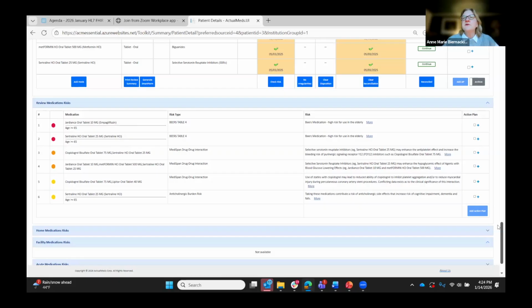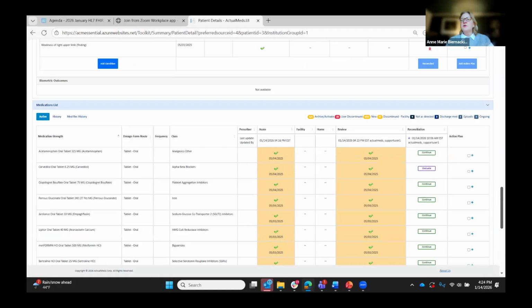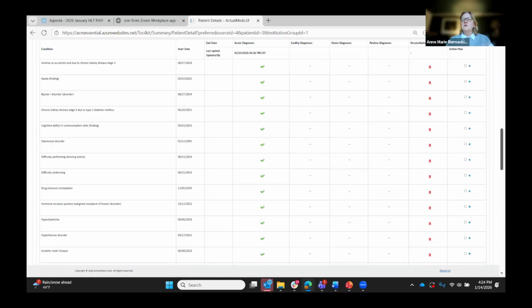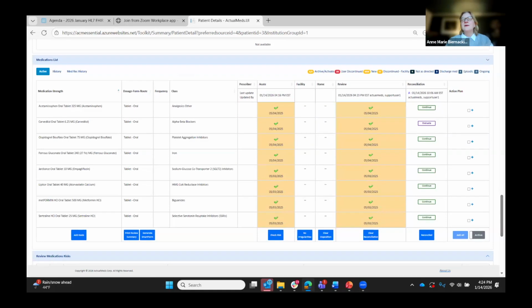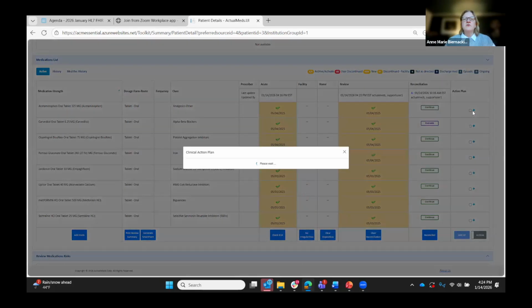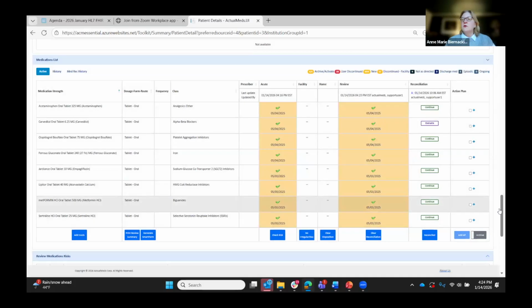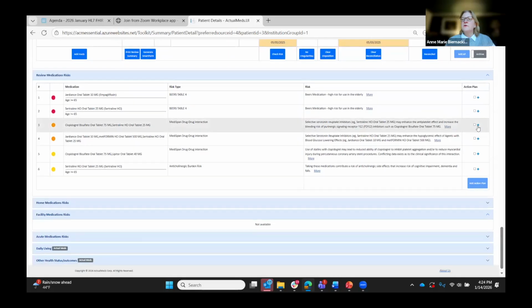For the purposes of today's demonstration, I'm going to cherry pick a couple drug interaction risks and show how we would use those to document or define an action plan. That can be triggered from a risk. It can also be triggered from a medication or condition or allergy that's been selected from our landscape of clinical data. So I can trigger an action plan from a specified medication, or I can trigger an action plan from